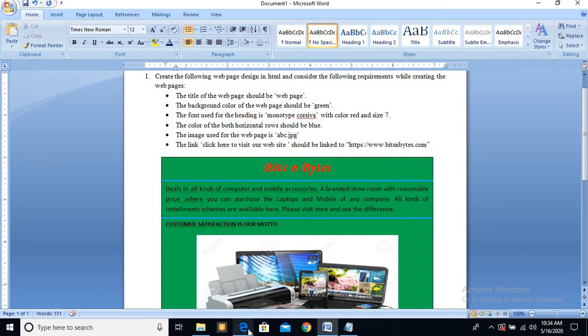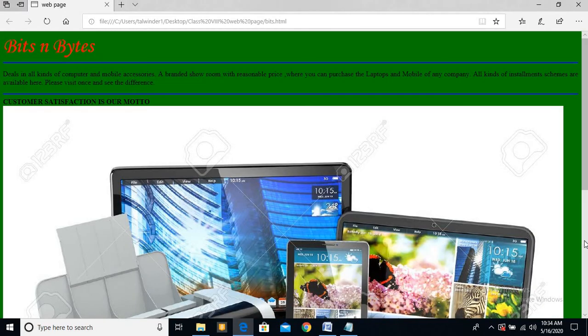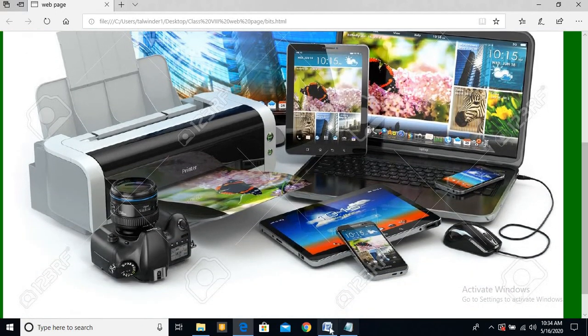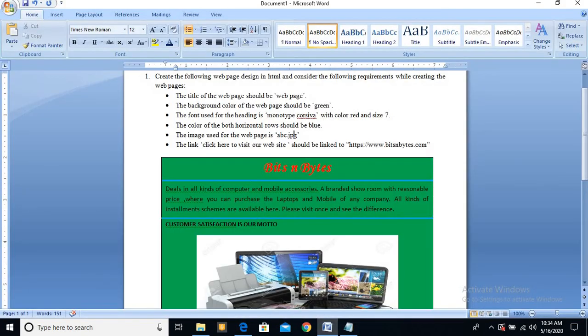So I just run this web page, you see this. But if you see this web page carefully, beta, this image is very big, but in your web page design it is very small.